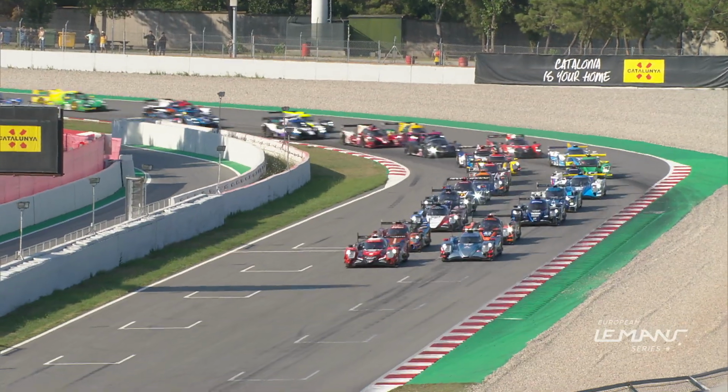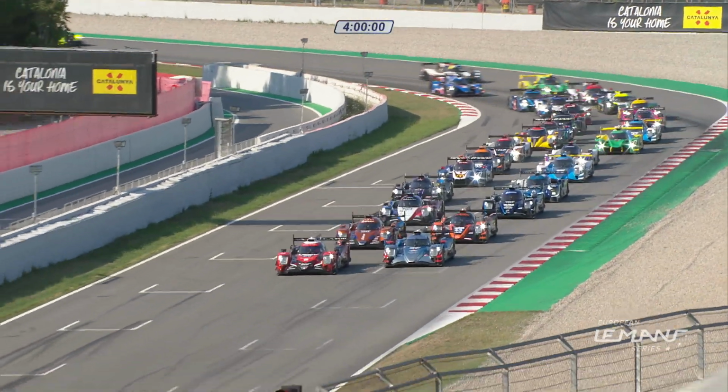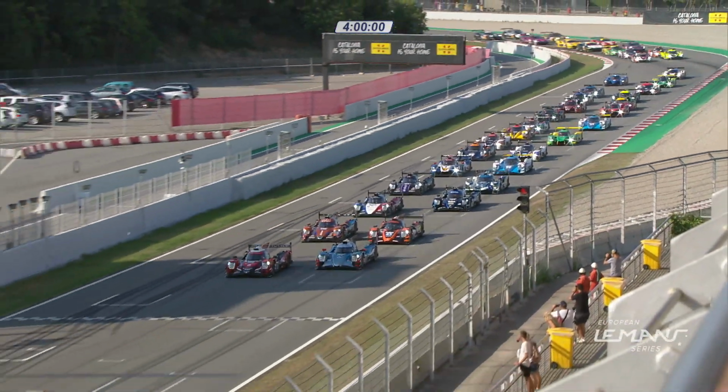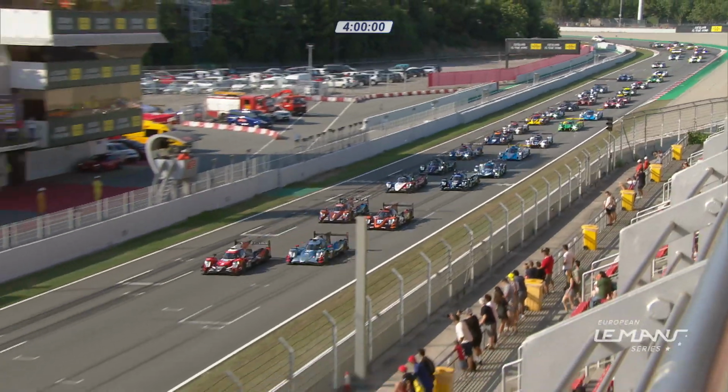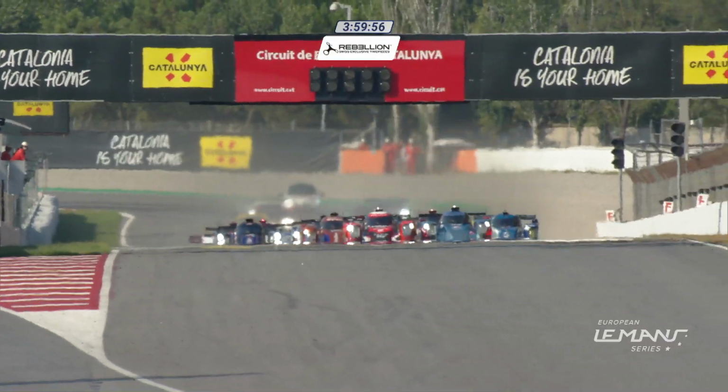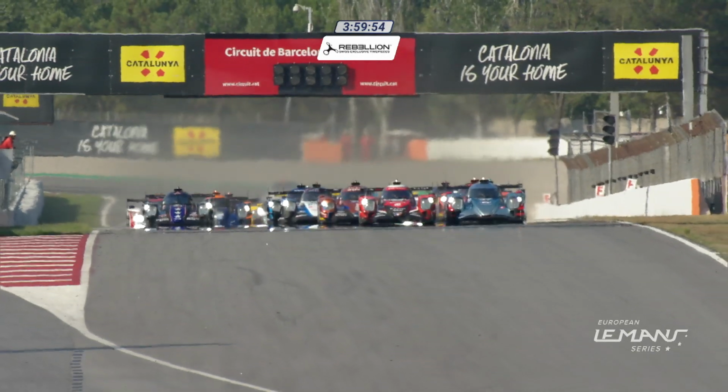Ready to go here in Barcelona. On the left, on pole, IDEC Sports number 28 car, ahead of the Cool Racing 37, row 2, G-Drive 26 and 43 from RLR M Sport. Away we go. Well, a good clean start this time, and a very good start from the outside of the front